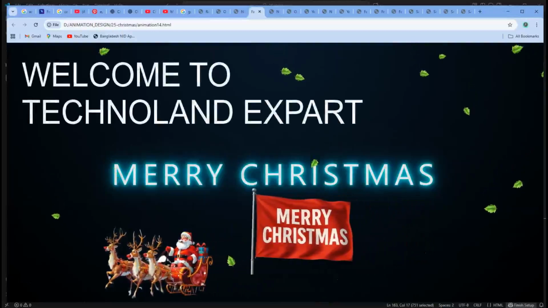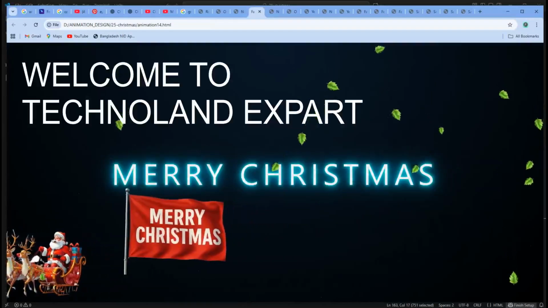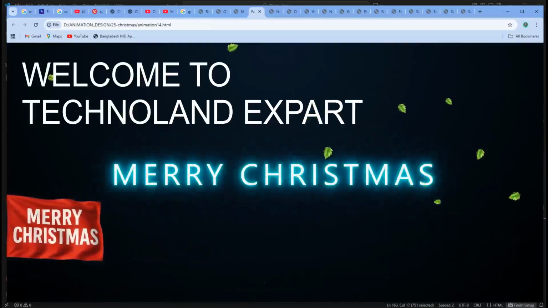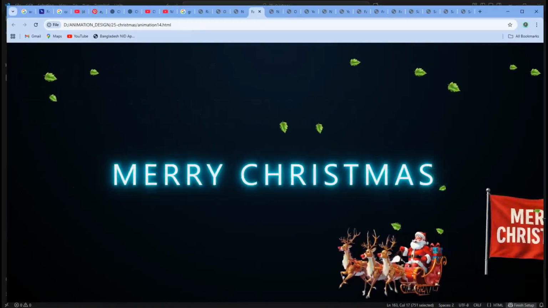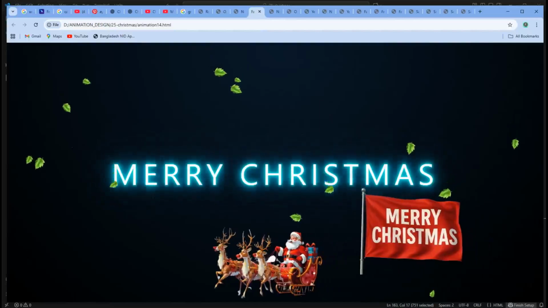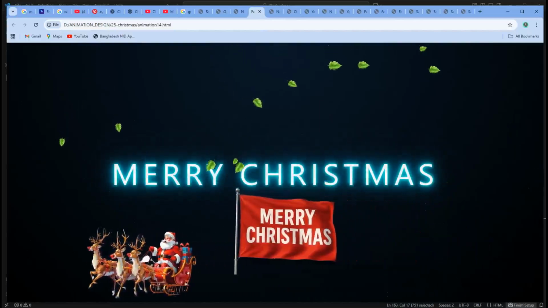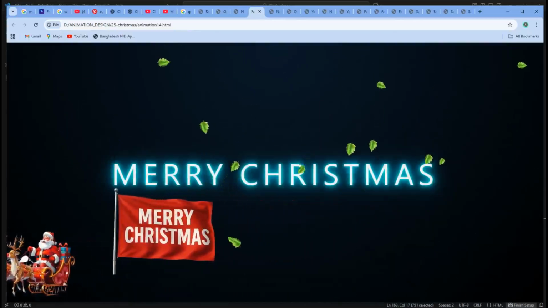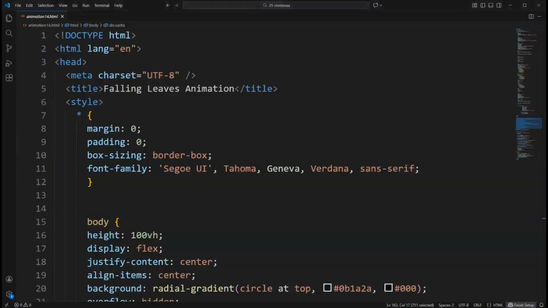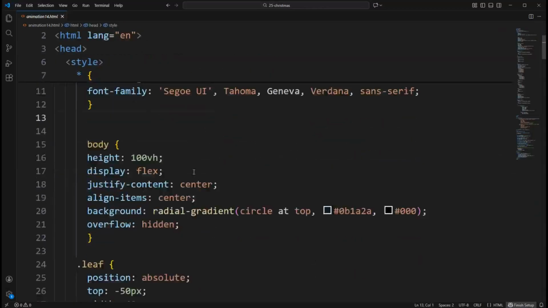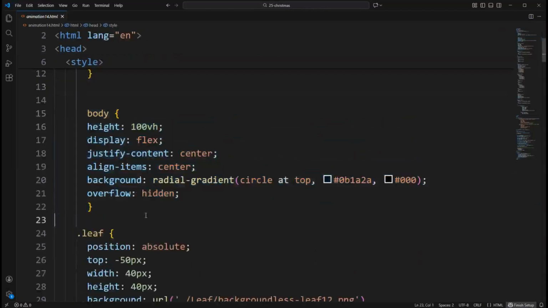This HTML document creates a visually rich, animated Christmas-themed scene by combining structured markup, advanced CSS styling, keyframe animations, and JavaScript-driven dynamic elements, starting with a full-screen layout where the body is styled as a flex container centered both horizontally and vertically, set against a dark radial gradient night sky background that enhances contrast and glow effects while hiding overflow